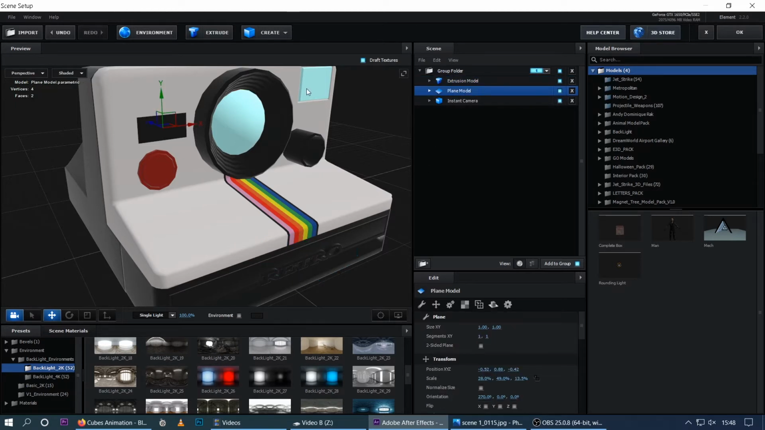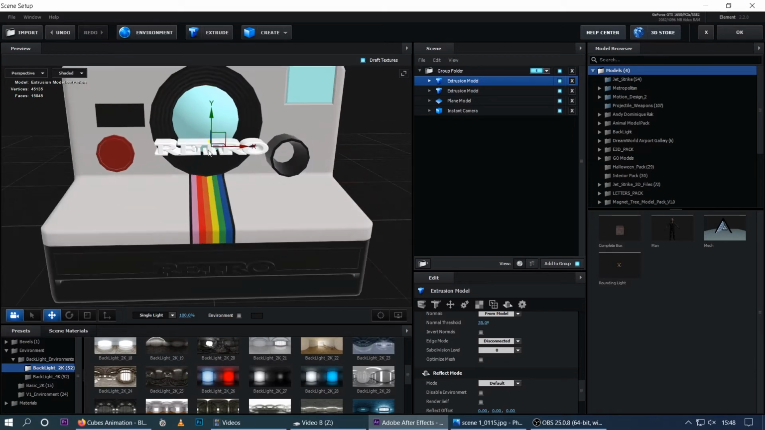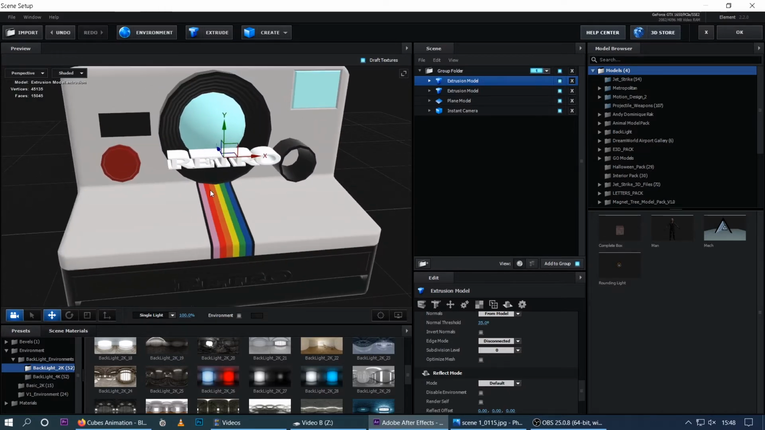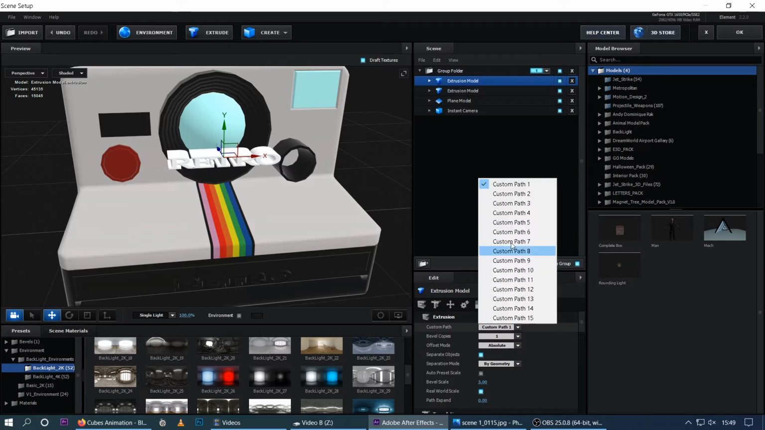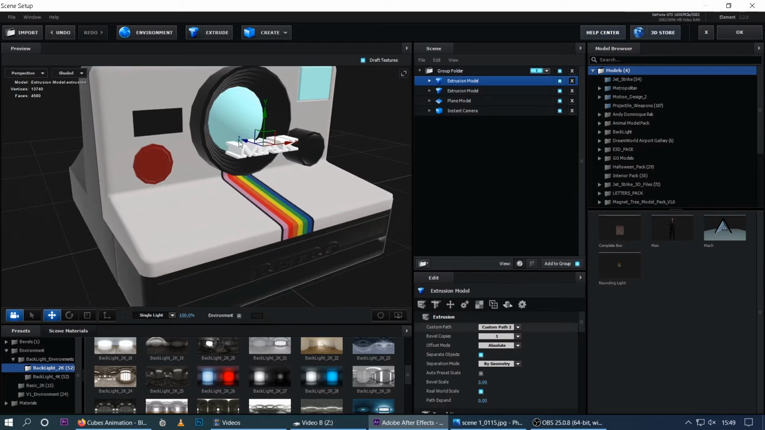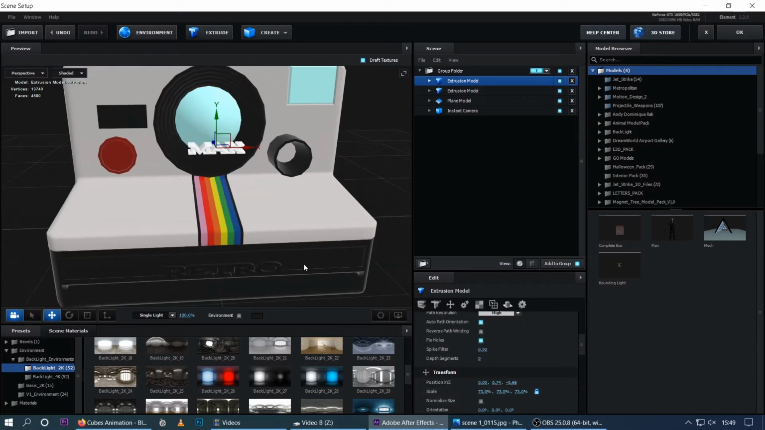Now go to again the extrude model and again take what you have got. Now you can see we again got retro, sorry, but we want this time from MAK. So go to the top of this panel and take the custom path 1 to custom path 2. Now you have MAK. You can adjust the size of this MAK here, and we can put it on this